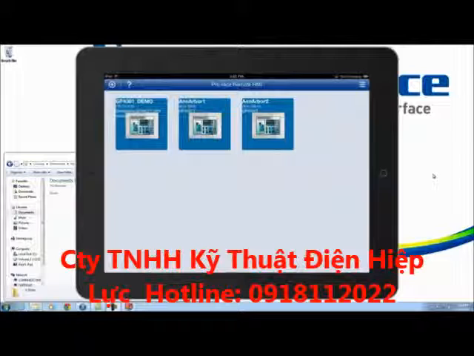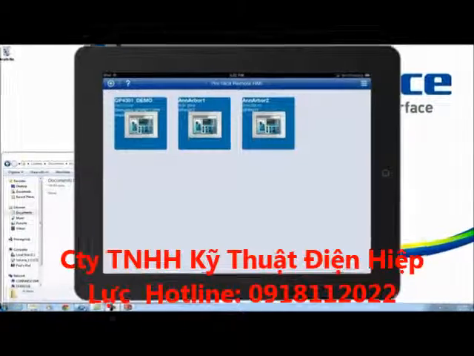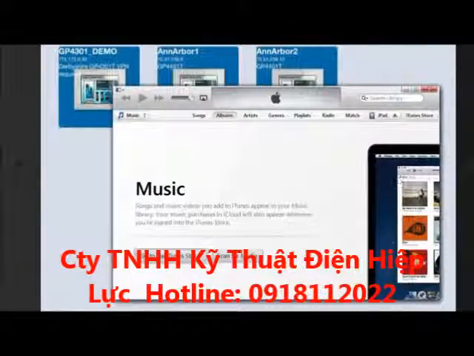Now, the only problem with iPads is trying to get the file off of them. You can either download a program which can browse the files on the iPad, and I've never found it very easy, but get that file off the iPad somehow. But the easiest way is to go to your iTunes. In your iTunes software, when you plug your iPad in, I've got my iPad plugged in via USB into my computer here, and I go to iPad,